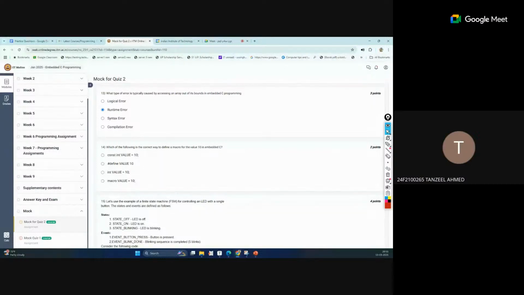Second one, I think. Yes, the second one is the correct statement. We write hash define. This is called a preprocessor macro, and we are defining this value equal to 10, and later we can use it. So this is the correct way to define any macro in C.